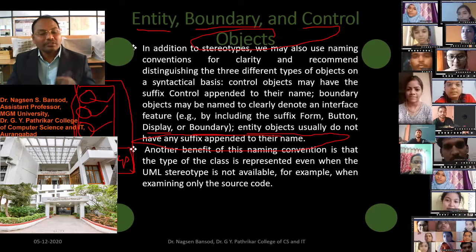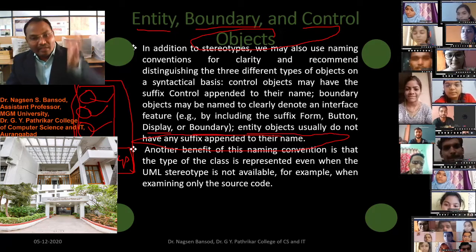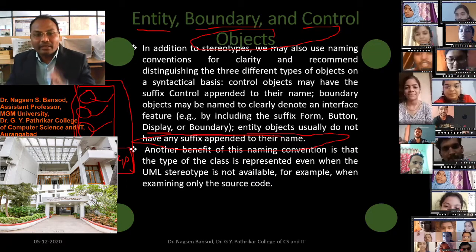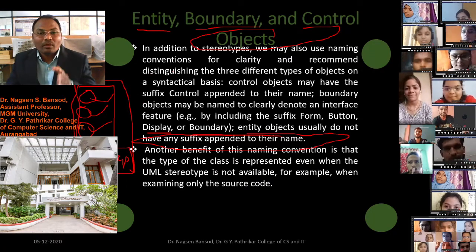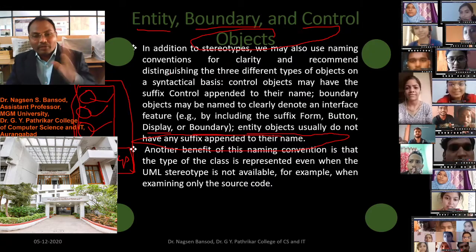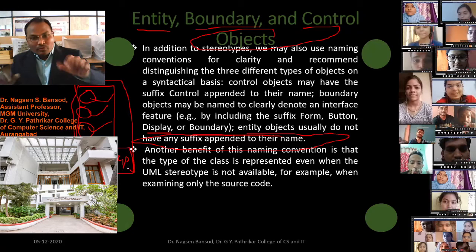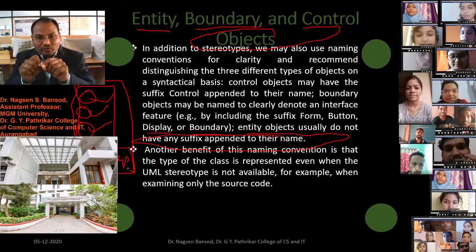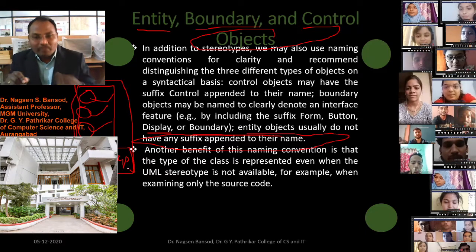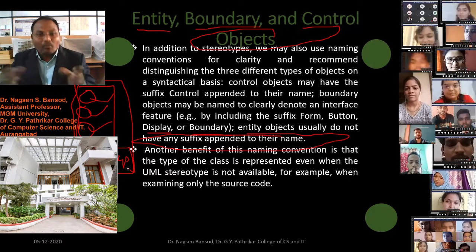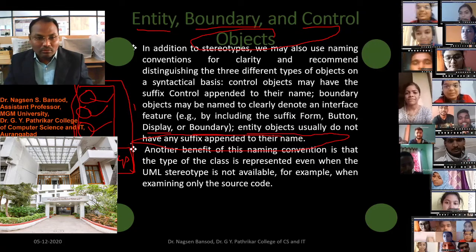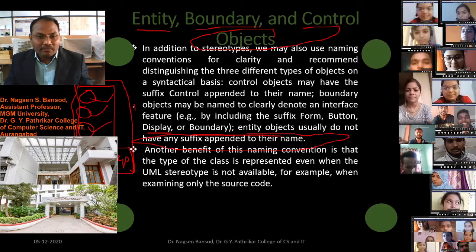In the name itself we have to use display control, like naming conventions. Instead of a stereotype, we can use the keyword in the names for our understanding. Like boundary, we will use control, like change button.